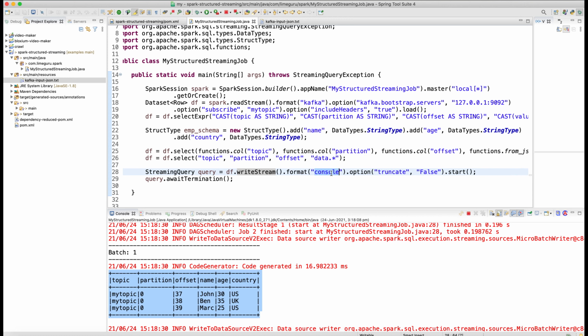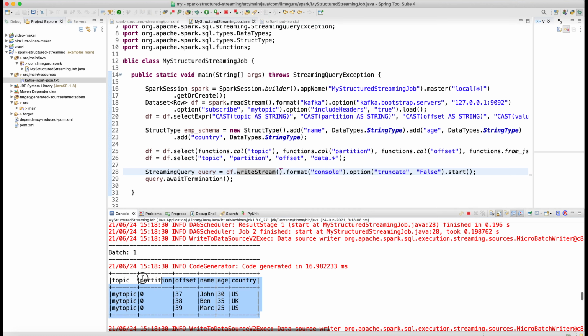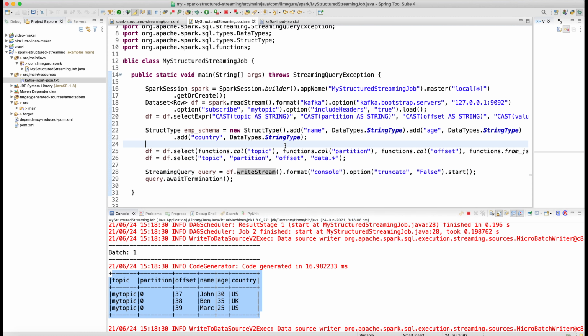So that's my first Spark structured streaming job connected to Kafka, using Kafka as an input and dumping the output to my console. You can do any transformation using Spark SQL in between. That's totally your choice. So that's the power of Spark structured streaming, that you can play with the data set using SQL queries. I can play with different columns within my program. That's the power of Spark